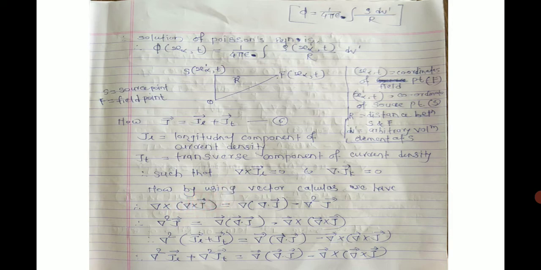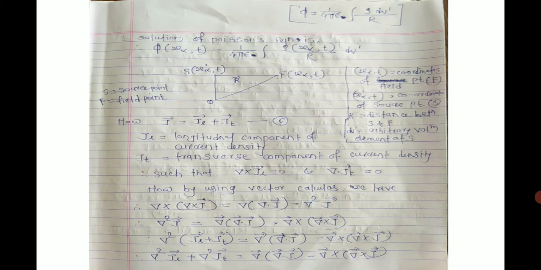Now by using vector calculus, which we studied in SYBSc, del cross del cross J is equal to del del dot J minus del square J. To calculate the value of del square J, when a term is transferred to the other side, the minus becomes plus, and del cross del cross J transferred to the other side becomes minus. That means the equation is del square J is equal to del del dot J minus del cross del cross J.